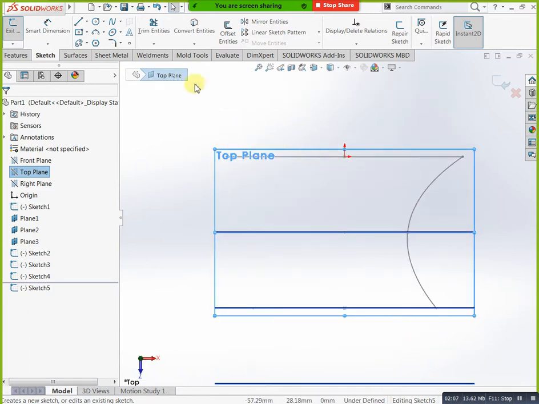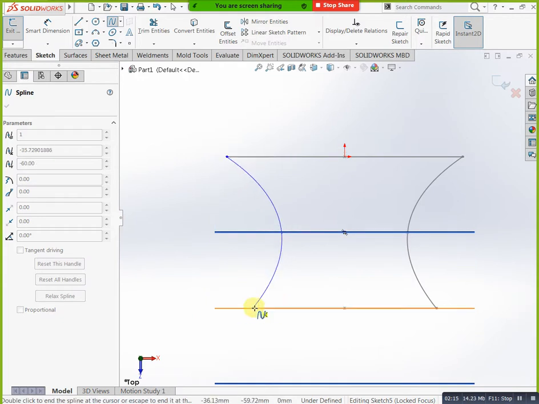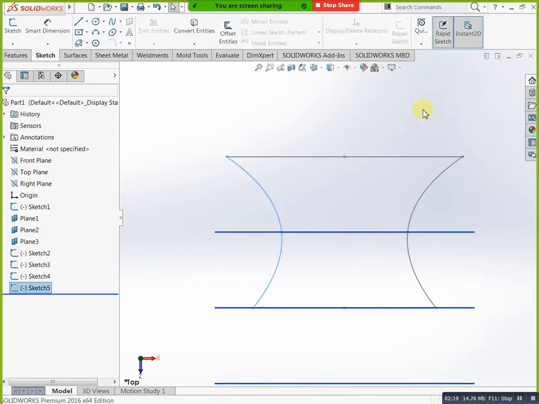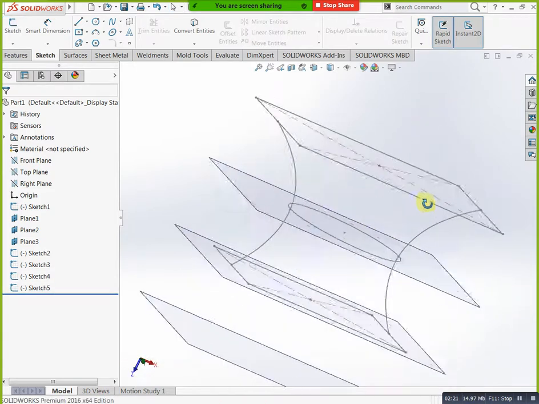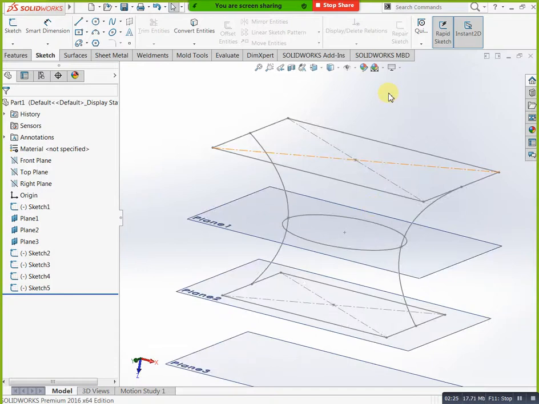Now you can select this one, specify it here, here one, here one, then select, finish now. See now. You need to create like this. Definitely we need boundaries or boundary curves.